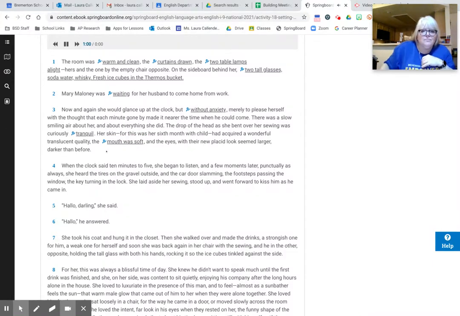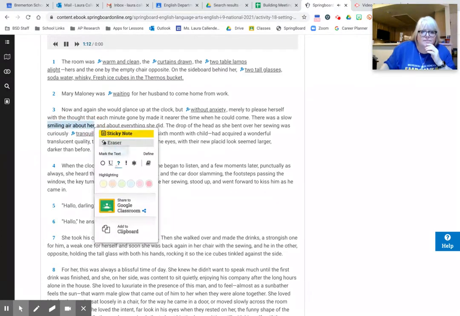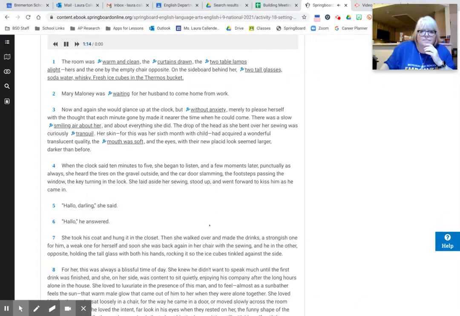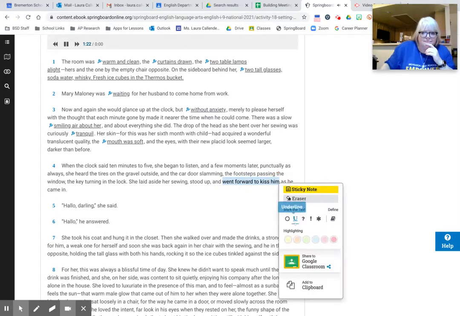When the clock said 10 minutes to 5, she began to listen, and a few moments later, punctually as always, she heard the tires on the gravel outside, and the car door slamming, the footsteps passing the window, the key turning in the lock. She laid aside her sewing, stood up, and went forward to kiss him as he came in. "Hello, darling," she said.